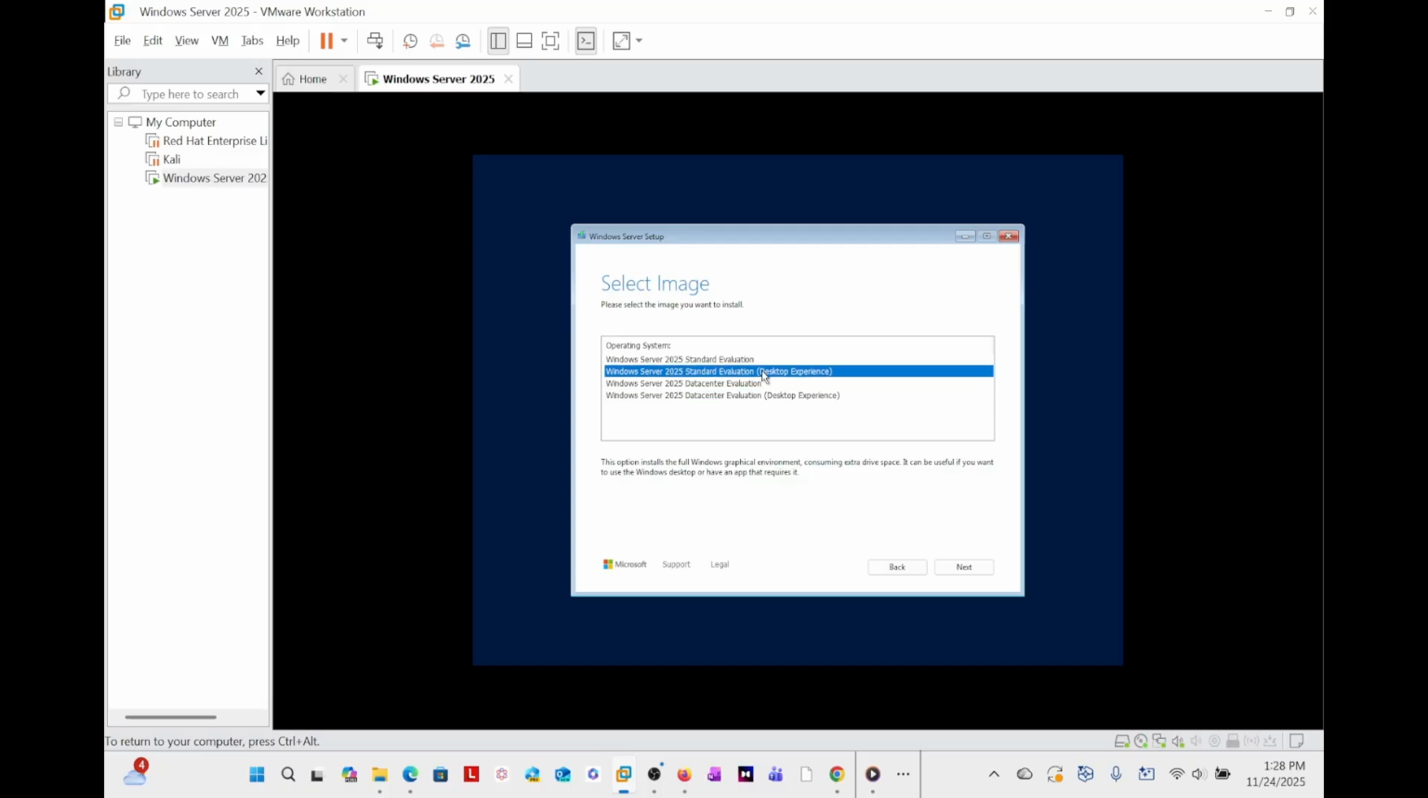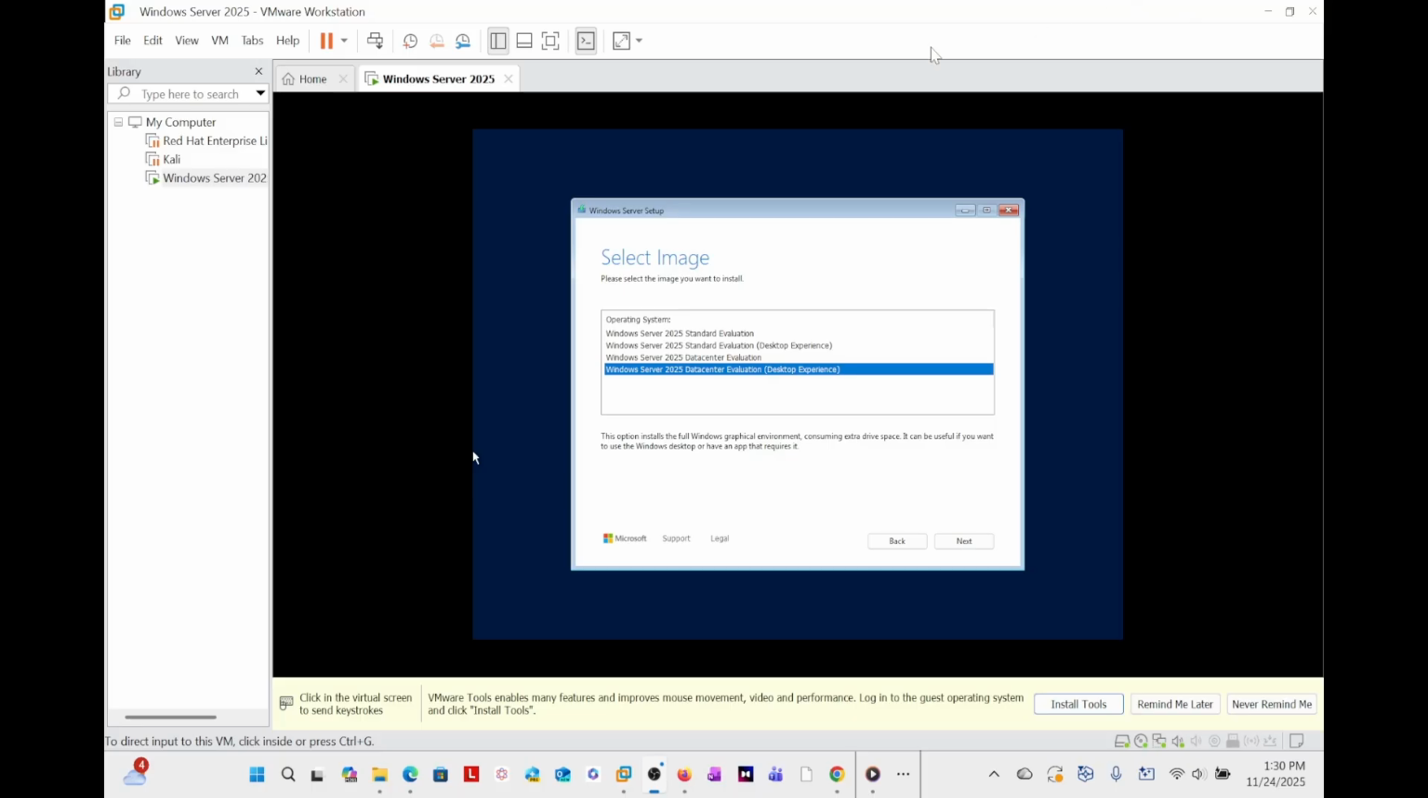If we take the standard, the same thing, it's going to require more space just because of the graphical experience. So take the data center evaluation copy. The main difference is the virtualization rights and advanced features. Windows Server 2025 standard evaluation edition supports up to two virtual machines with Hyper-V, while the data center supports an unlimited number